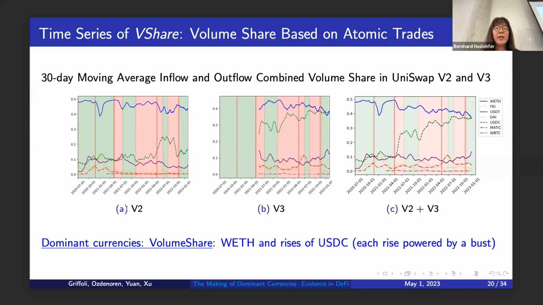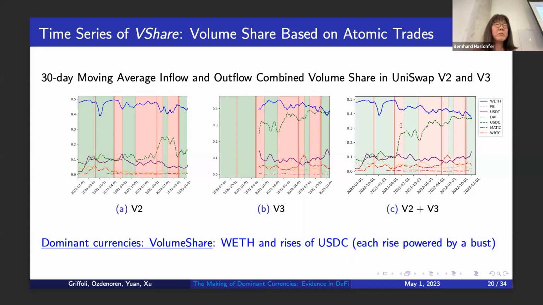You can see in Uniswap V2, ETH has a clear dominance, and this status doesn't change over time. When V3 is introduced, USDC obviously is competing with ETH. If you combine the two, you see even a clear pattern, which is